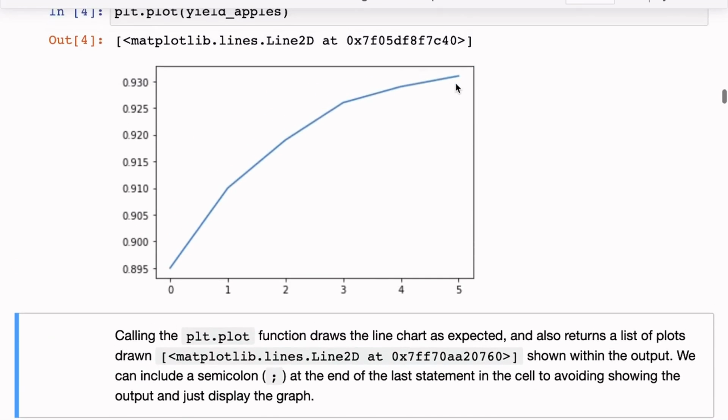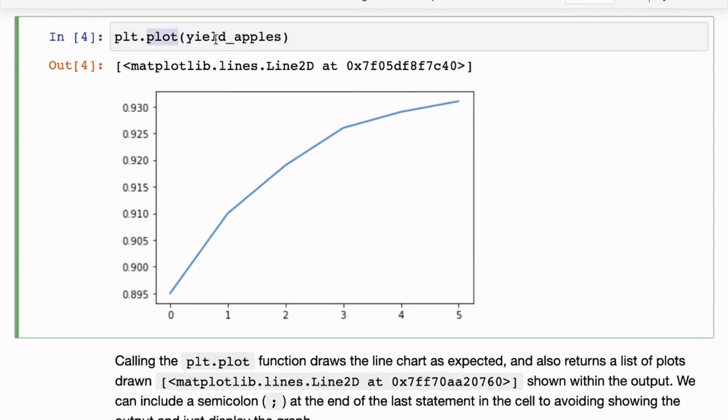Now, one thing you may have noticed here is when we call plt.plot with yield apples, it draws the graph here, but it also gives an output. So this output is basically the result of the plot function. The plot function returns whatever was called. And in this case, it returns a matplotlib.lines.Line2D object. And we may not want to always look at this in the output because we are mainly concerned with the graph.